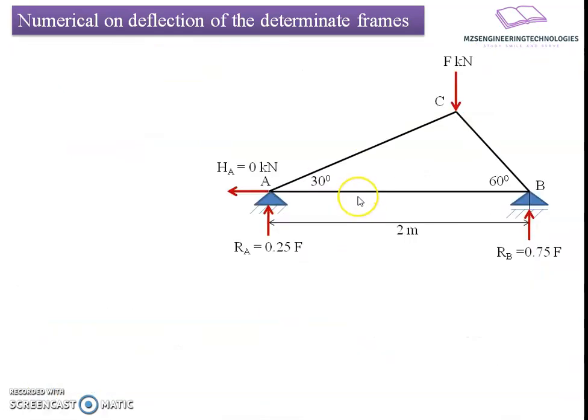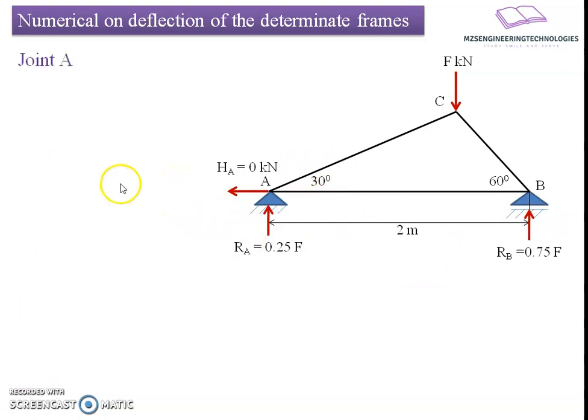So we'll go with the force analysis here. Before that, I will make some substitutions. I am going to substitute the 200 kilonewton applied load as F, and put the values of the reactive forces in terms of F. Here the reaction at A was 50. If I convert that, it will be 0.25 times F. And the reactive force at B was 150 by 200, which comes to 0.75. I am going to convert it in terms of F here, 0.75 F. Now after this conversion, I will do joint by joint analysis.